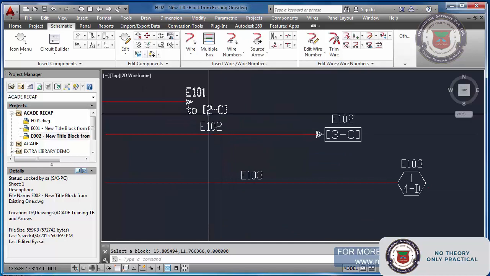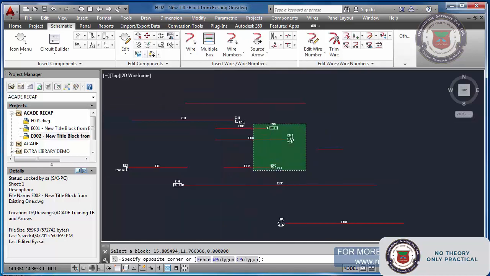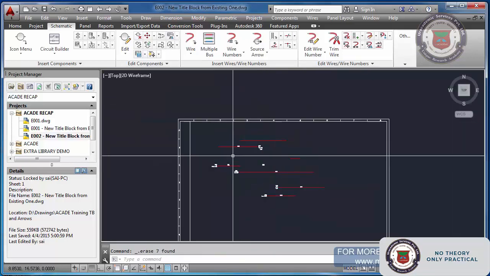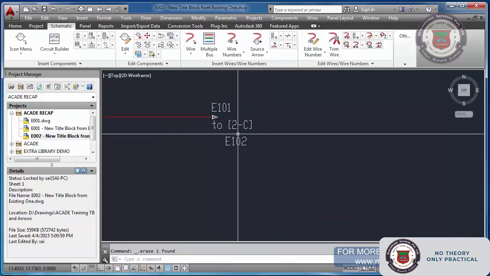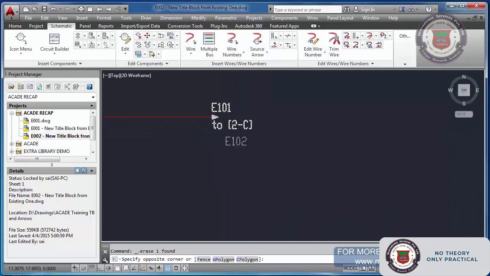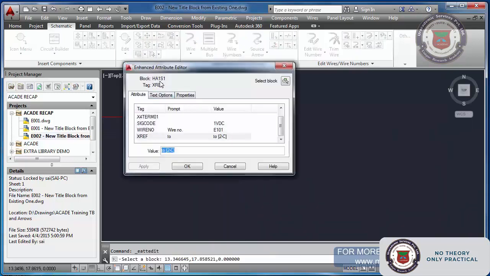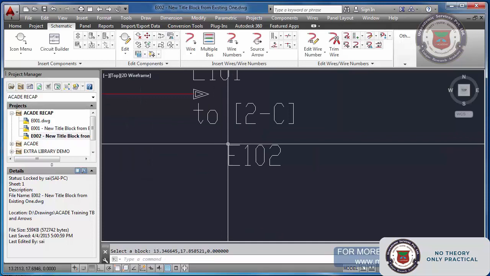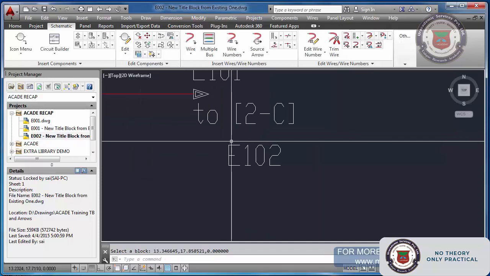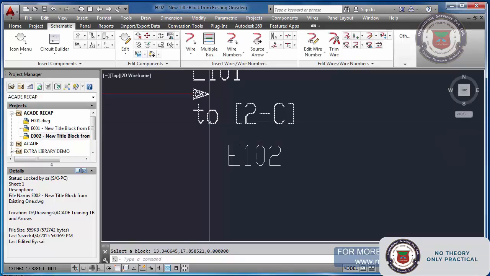For example, let us forget about all other blocks. Concentrate on this one, HA1S1. You might have noted one thing, this letter 2 is coming in small letters, and maybe your customer asks you, no, I don't want just 2, I want to destination.